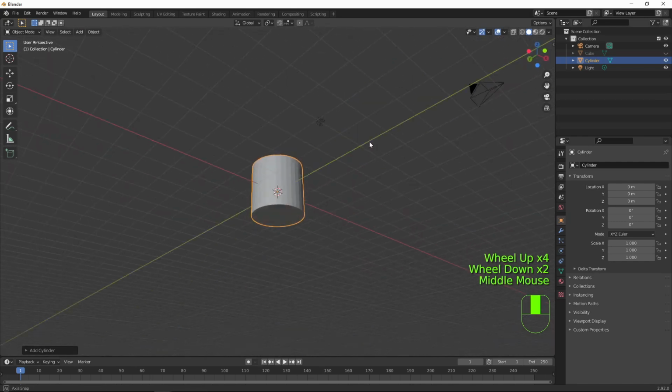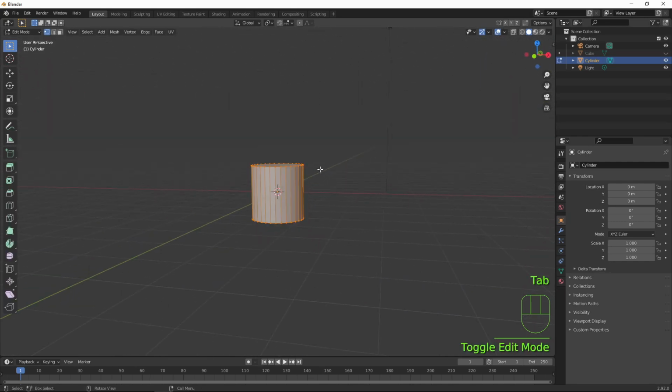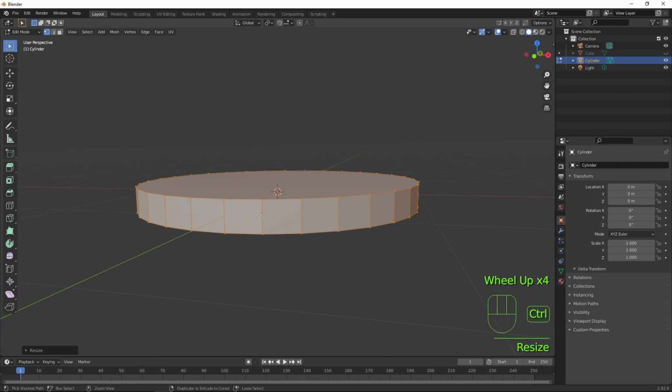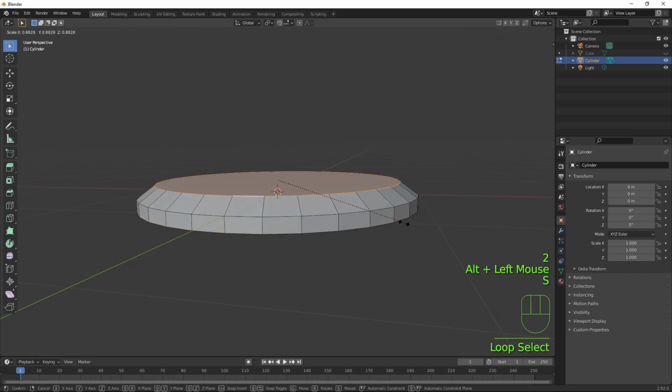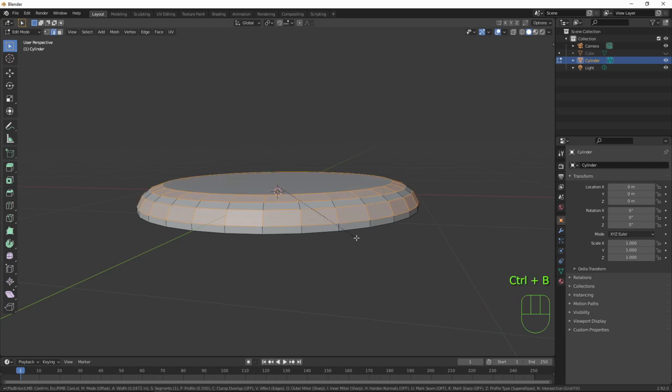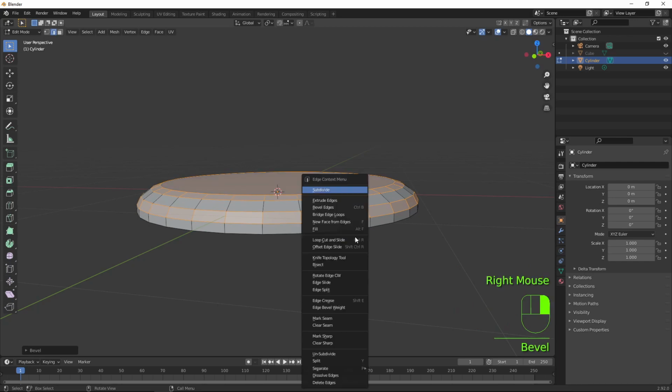For the purpose of this, that's enough vertices, etc. I'm just going to go into it, select everything with A, and scale on the Z axis by pressing S and Z, and just bring it down. And again, I just put a loop in with Control R like so, and in edge mode select the top and just brought that in slightly, and then selected these two edge loops here and press Control B and beveled it up just a little bit to give it a bit of roundness,